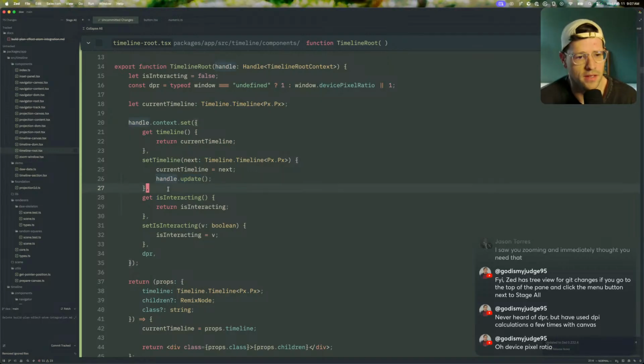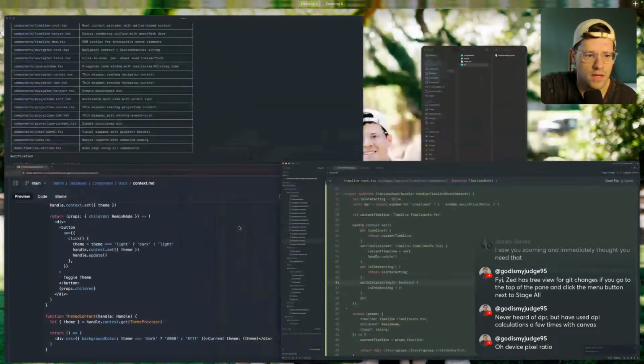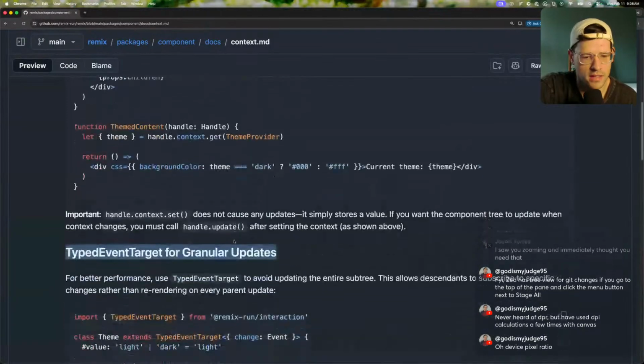This method means that because we updated this root component, every single child component is going to get re-rendered. And I think in this case, that is totally fine because everything depends on this timeline component. It is not like a... the other method of handling